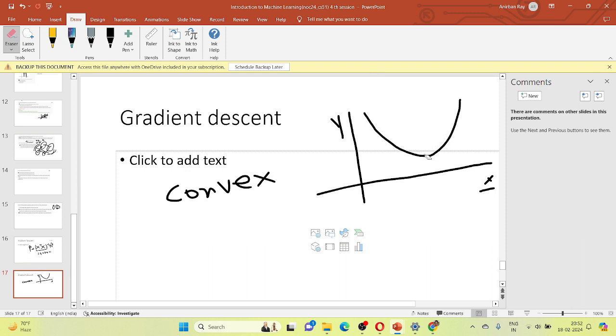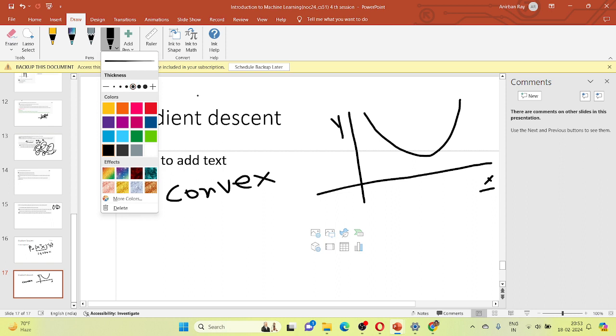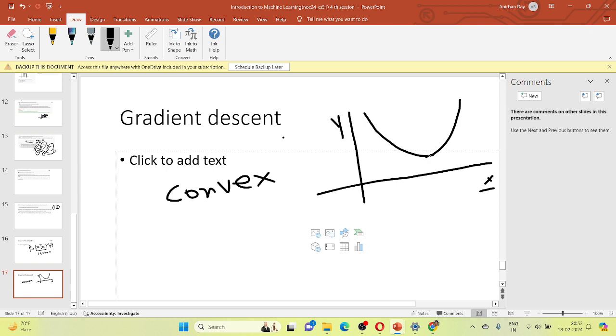Anything in which there is only one minima, and no maxima here. So that is how it is a convex function, a smooth curved outward convex function. So our idea is to reach our global minima, that is this point, and for that what we do is